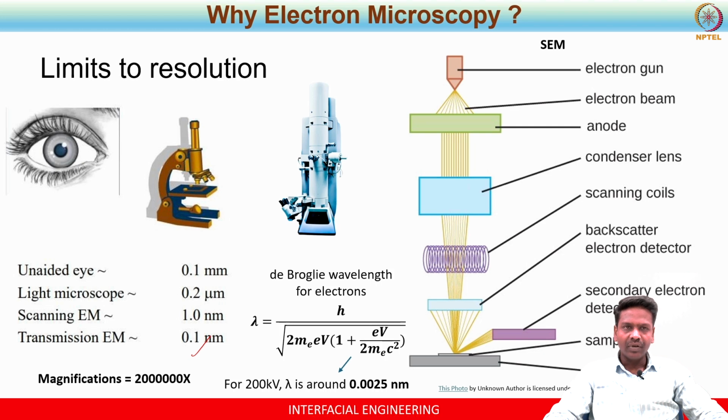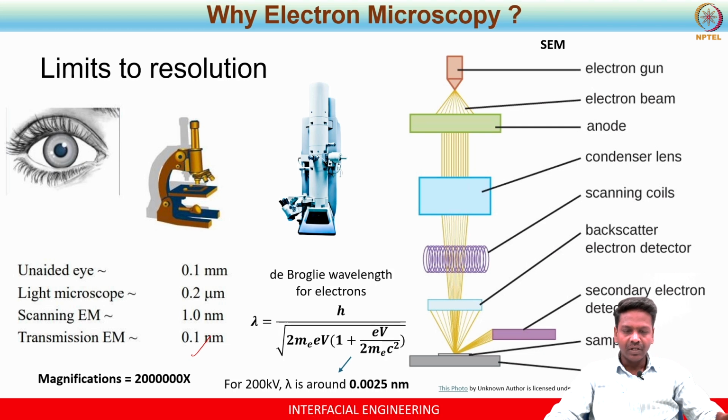Whereas in the case of electron microscopy, one can resolve objects which are kept at a distance of 0.2 nanometer also. This resolution comes from the magnifying power of the electron microscope, that is nothing but 20 lakh times. You can use the electron microscope to magnify up to 20 lakh times, whereas the light microscope offers only up to 1000 or 1500 times.